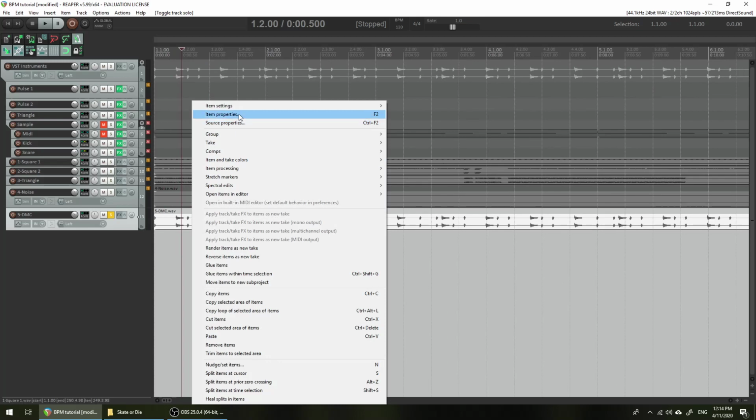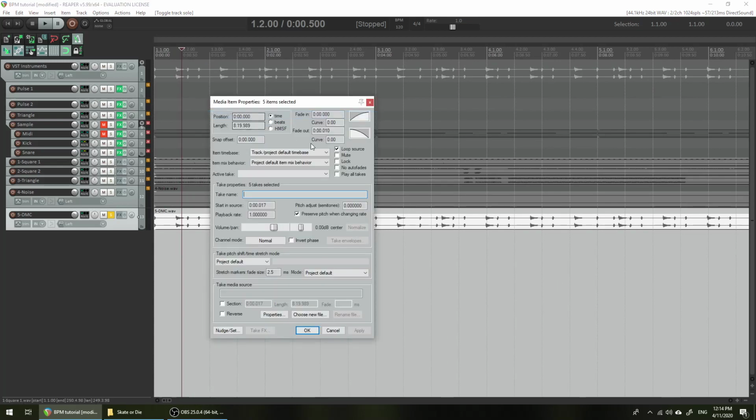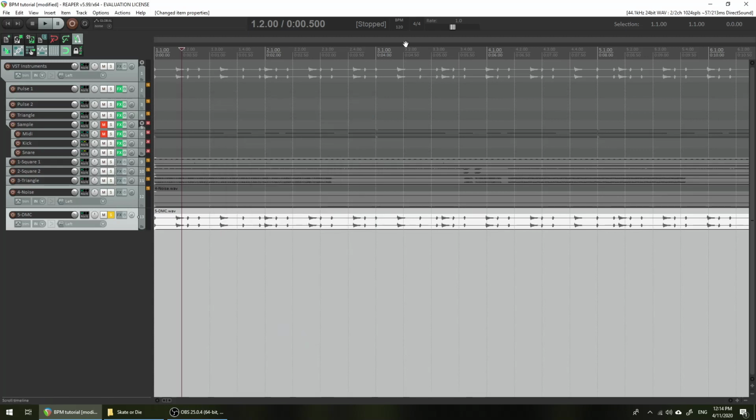Highlight all your NSF tracks, go to item properties and change it from track project default time base to time. This will make it so it doesn't stretch or shrink or speed the track up when you adjust the BPM of the Reaper file. So apply. We're going to click up here where the BPM is, or you can even just mouse over, and